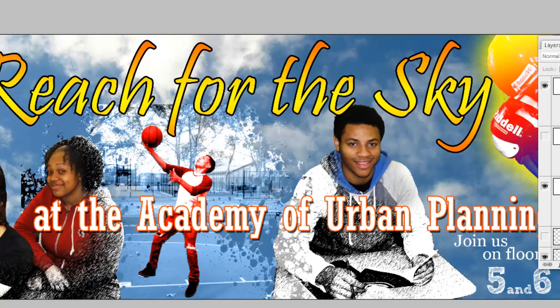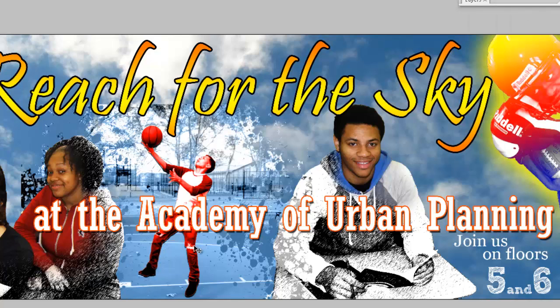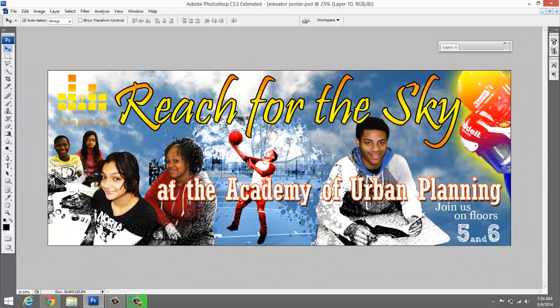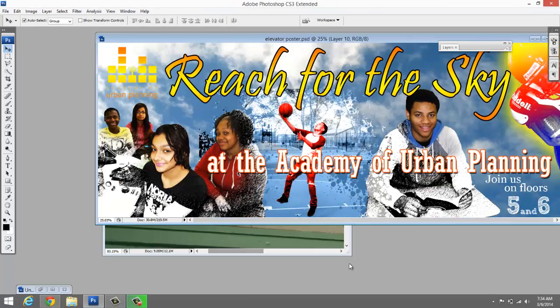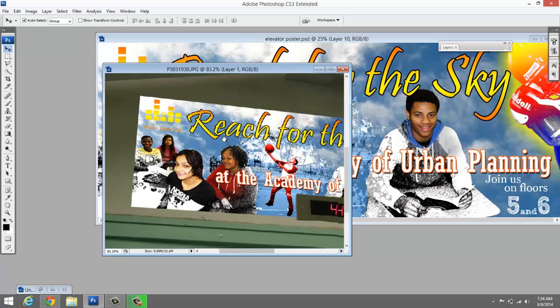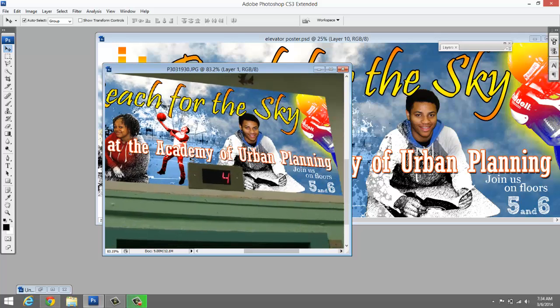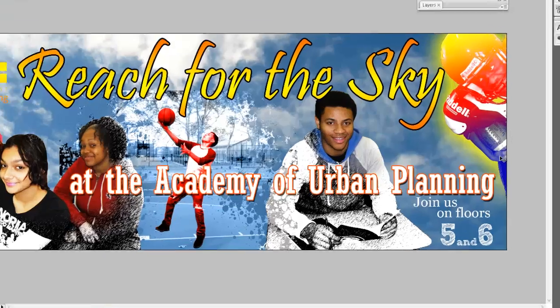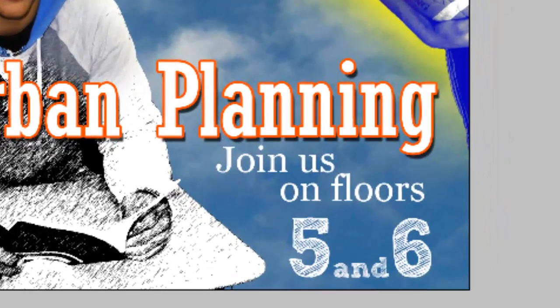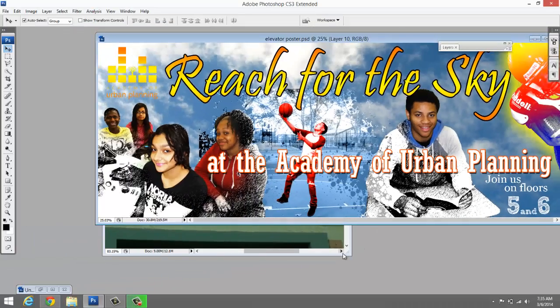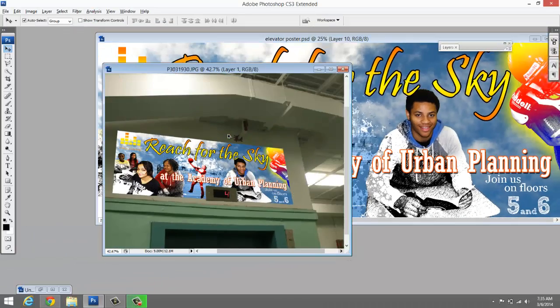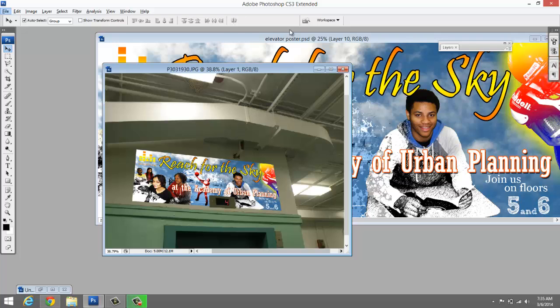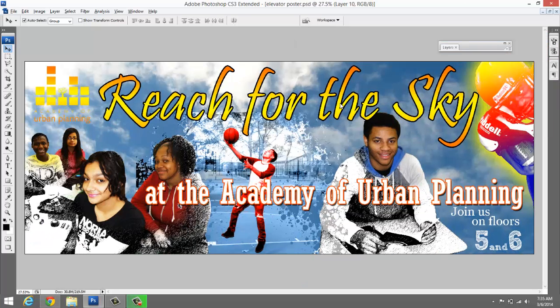You should have at least 4 different components. Keep in mind that the center of this image is going to be cut out to make room for the digital floor notifier, or however we want to call it, that little readout screen. We're going to include the logo, and we're going to include the language join us on floors 5 and 6. This isn't going on just one elevator. There are 2 elevators on each floor, so this is going to go on the first floor, the 5th floor, and the 6th floor. We need a total of 6 minimally amazing posters,